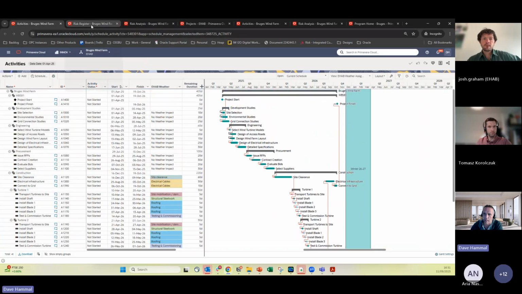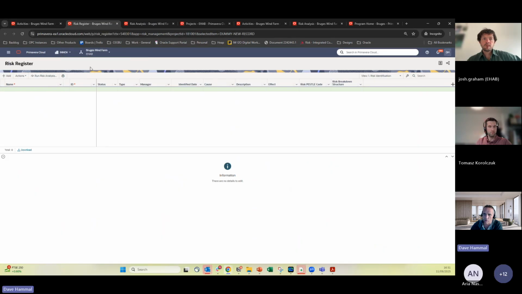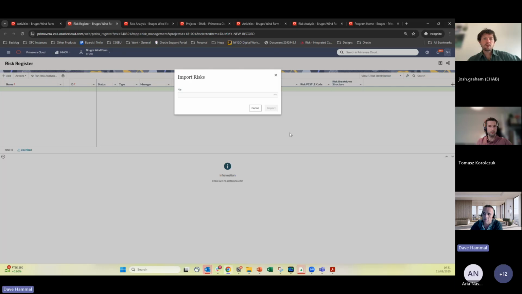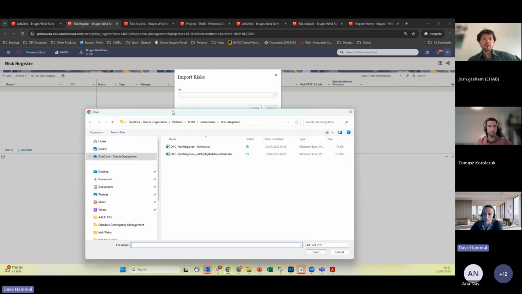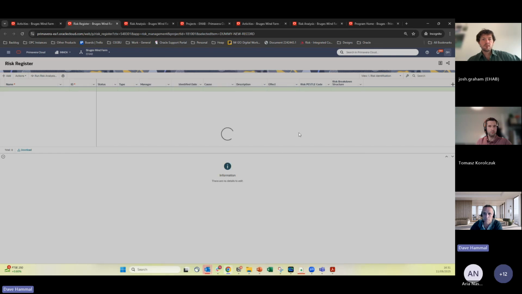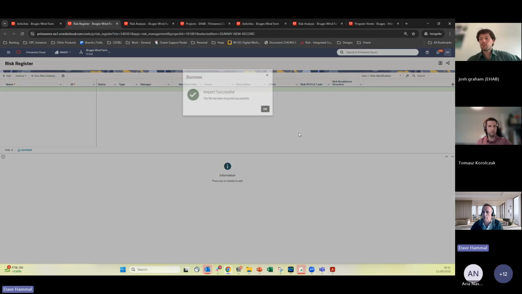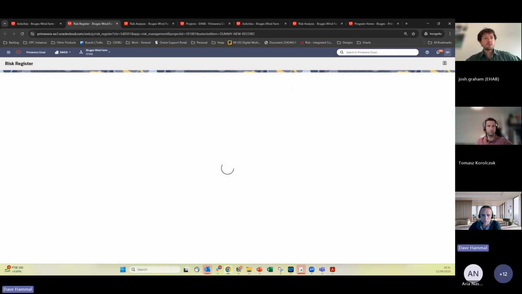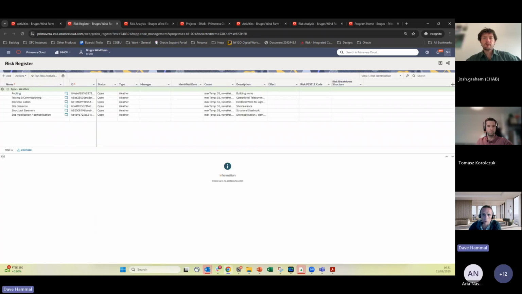And then in Primavera Cloud, I've got the activities page, the same project, and the risk register in here. You've got the ability to download an import template, and then import risks, and the output that we get from EHAB is exactly in the format that we need to do the import into Primavera Cloud. So we run through the import here. Josh took you as far as clicking on generate risks. We do the import. From a process perspective, there's not too much more to it than that.